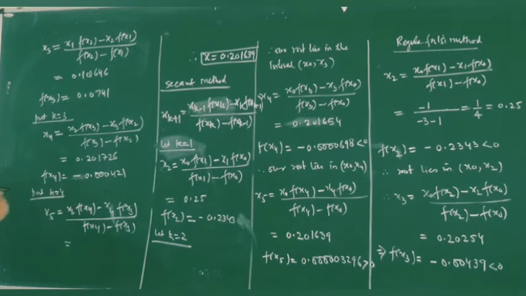Your f of x4 is equal to minus 0.000421, and then we have to subtract x4, which is your 0.201726 multiplied by f of x3, and this was divided by your f of x4, which is your minus 0.000421 minus f of x3, which is your 0.0741, and this is equal to